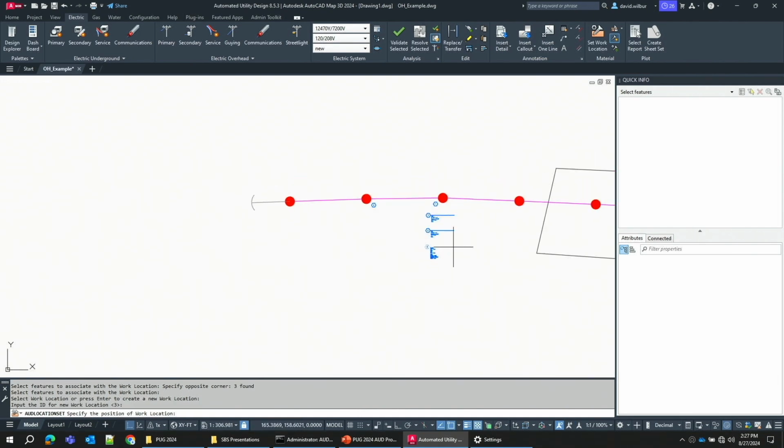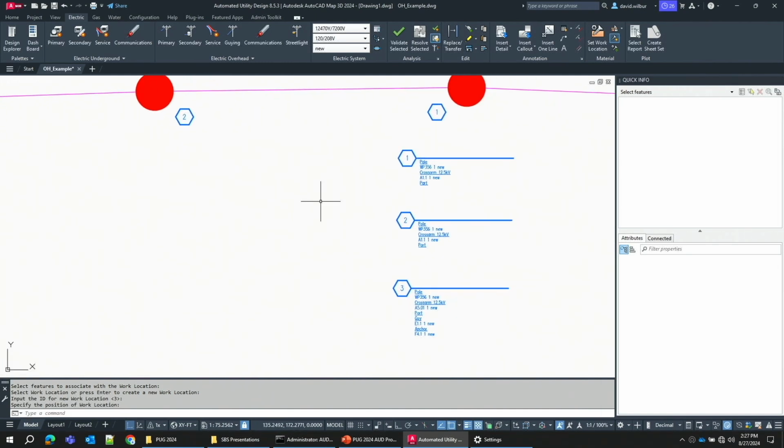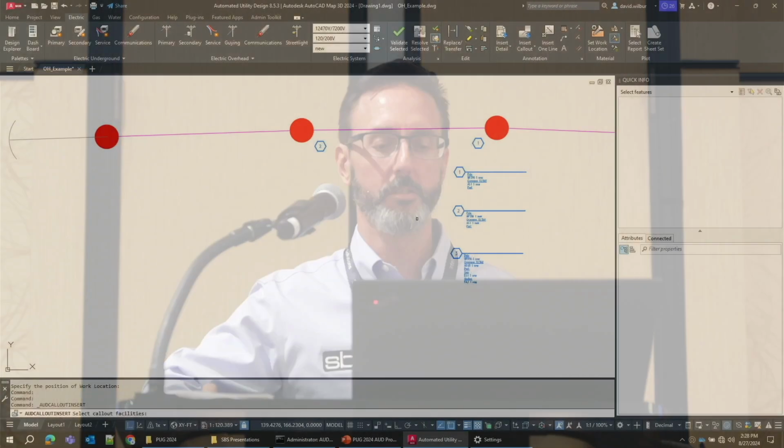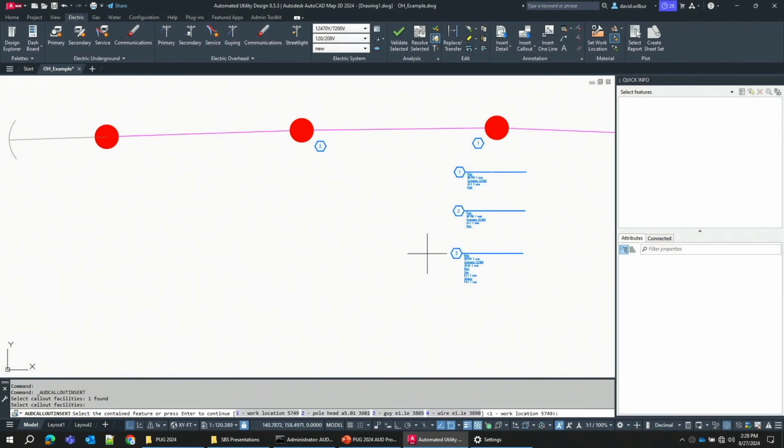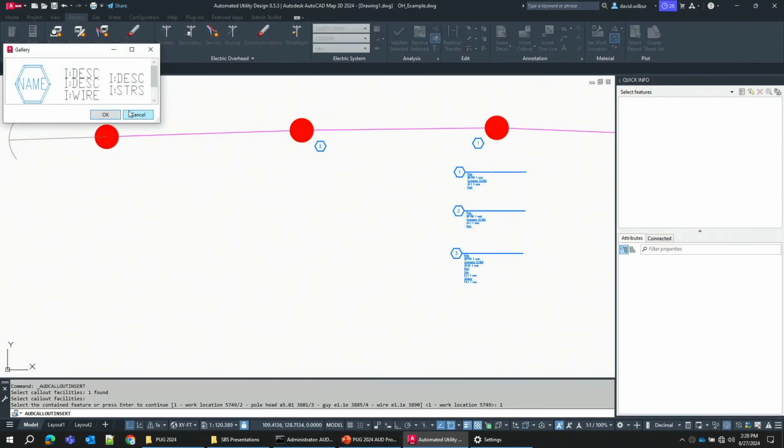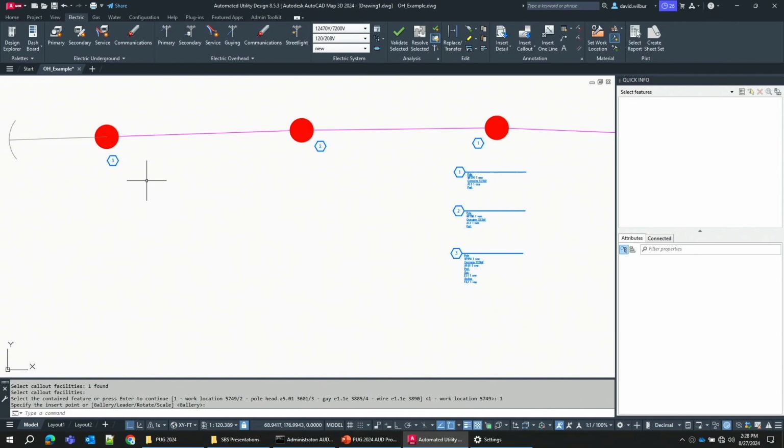Maybe I can place these all. I'm seeing some examples of this where you may have all the stuff lined up. Actually, a show of hands: do you lay out your work locations like this? Does anybody here lay out their work locations in a single area? I'm going to insert a callout, as I would for any other feature. In this case, I'm going to select the work location itself, and you can see I get the standard callouts here. I'm going to choose this callout, which is really just the work location style renamed to be a callout, the simple work location style. And then I'll place this over near where